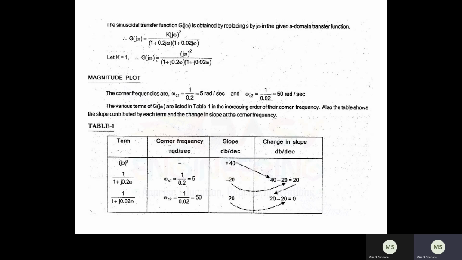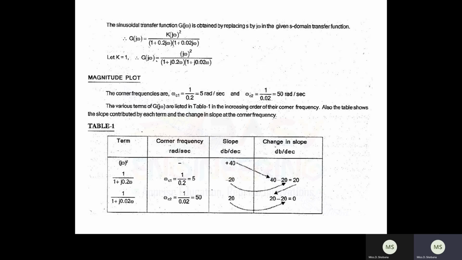So how to do that? That is one procedure we discuss, and then we can go for the next topic. In order to draw the Bode plot, we first have to do the magnitude plot, which consists of corner frequencies. To determine the corner frequencies, first look into the transfer function. It contains 1 plus s terms directly, therefore you can replace s with j omega. So K into (j omega) the whole squared divided by (1 plus 0.2 j omega) into (1 plus 0.02 j omega) is available.